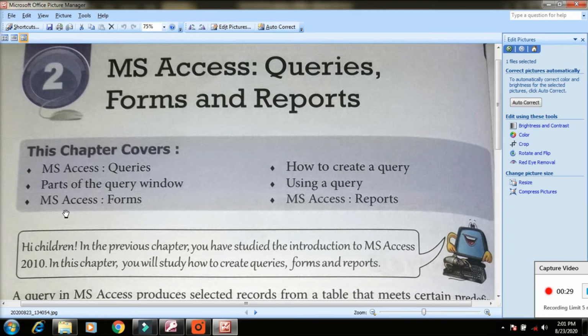Okay, and how to create a query using a query in MS Access report. After the query is created, what result we get from that query, and how to prepare the report that we are going to see. Okay,